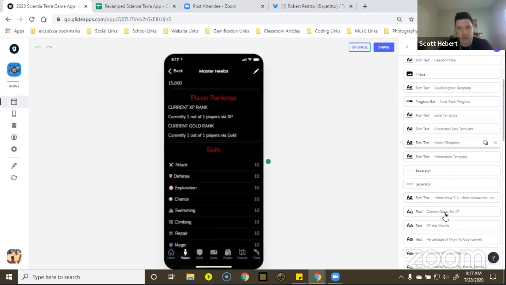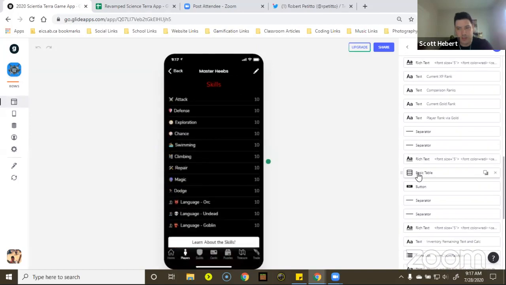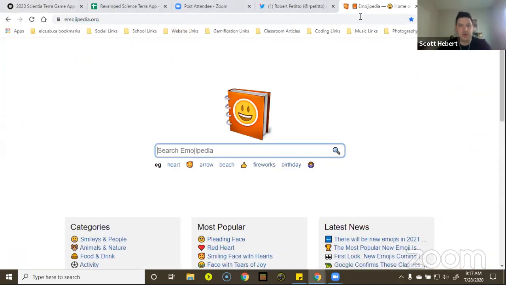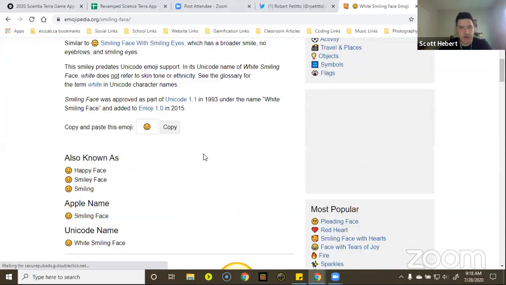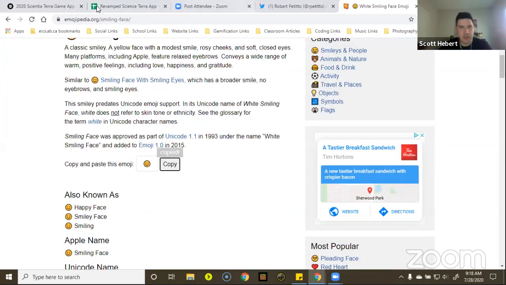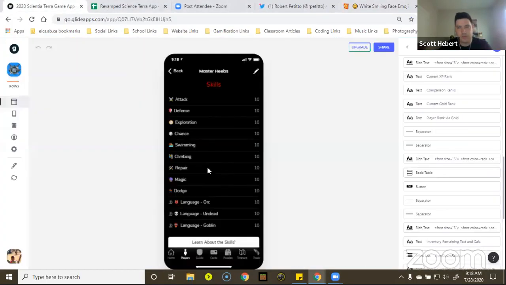So I'm using this neat little thing that was new to me, this basic little table feature, and emojis. When you're building your app, I'm a huge proponent of this website, Emojipedia. You just go snag any emoji you like, hit copy, and then you can paste it right into anything. And then you get the emoji, which is fantastic. Big fan of it. So I tried to find a logo that kind of matched each one, just to keep something visual and nice.